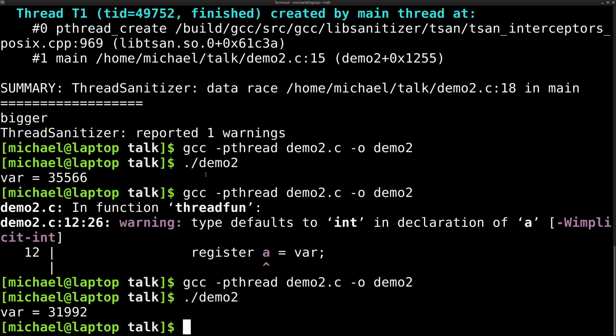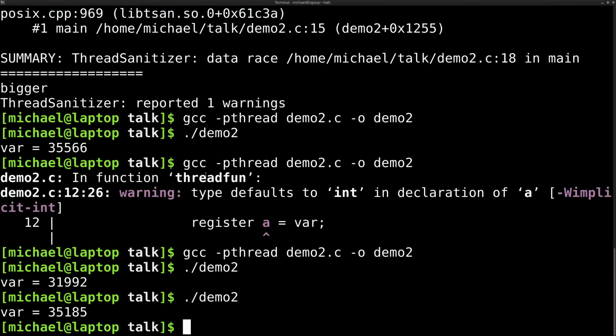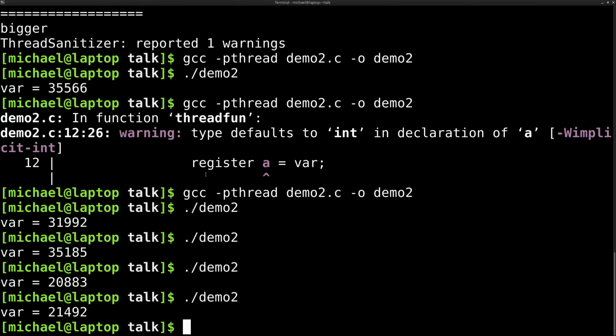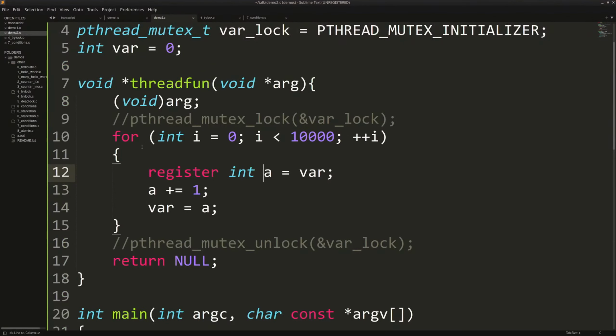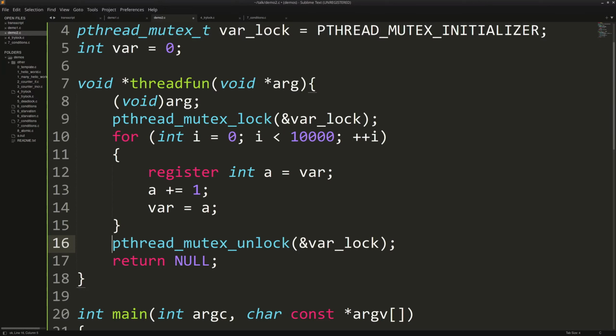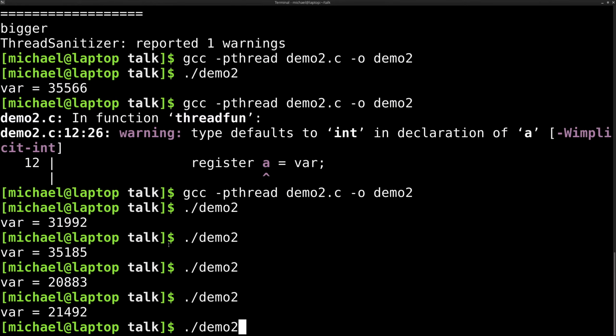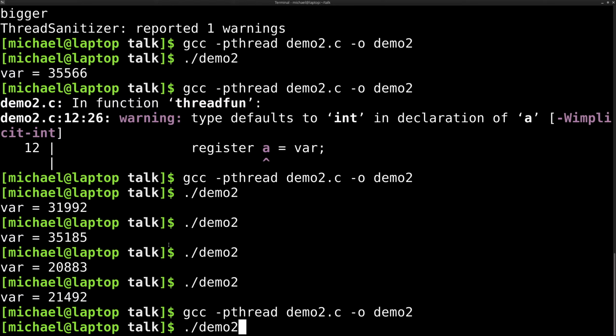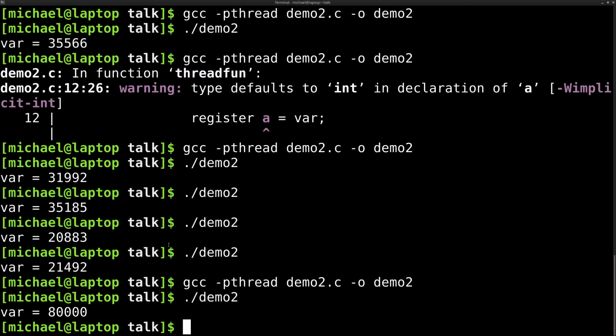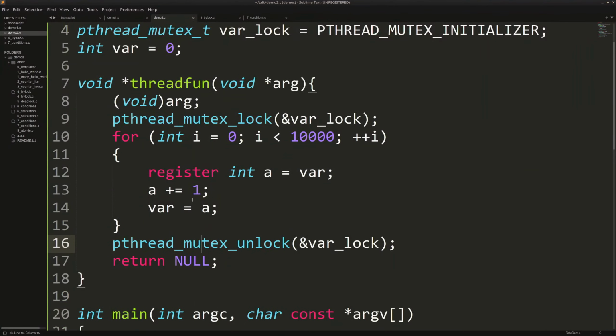And we get kind of the same wacky result, right? We get like 35. Here we get an even lower number. So what we need to do here is lock the number, and then unlock it. We need to lock the stall, do our business, and then once we are done, we can continue on our day. So let's see if it works now. And now we get the correct result, because now this is not an issue, right?